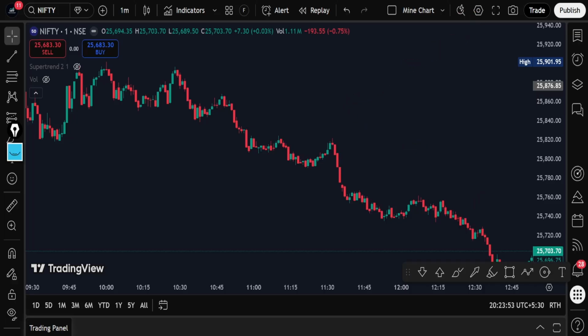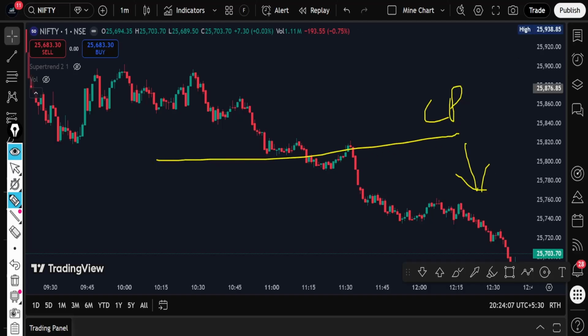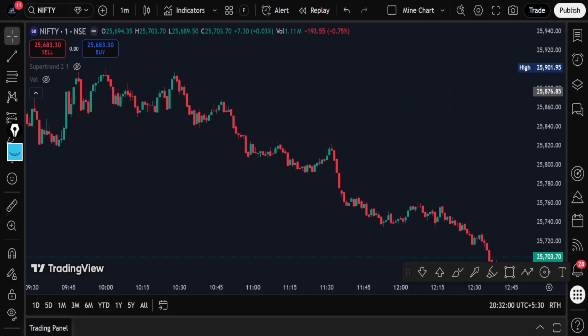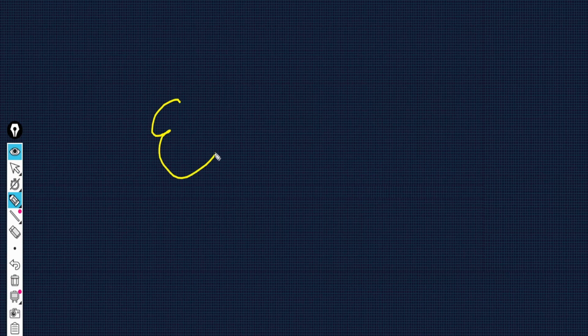But now the question comes: why will the transaction between buyer and seller be executed at a lower price than the current price, or a higher price than the current price, to lead the chart to go down or go up? To understand this, let's go to our whiteboard and consider a real marketplace